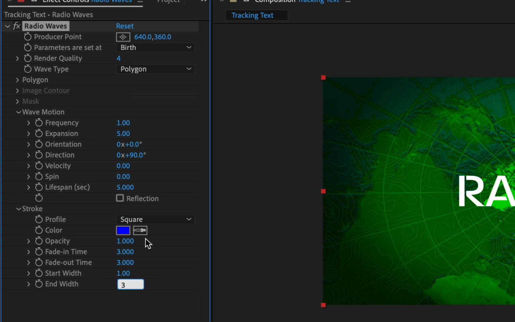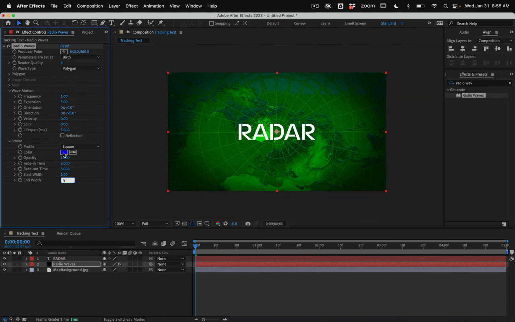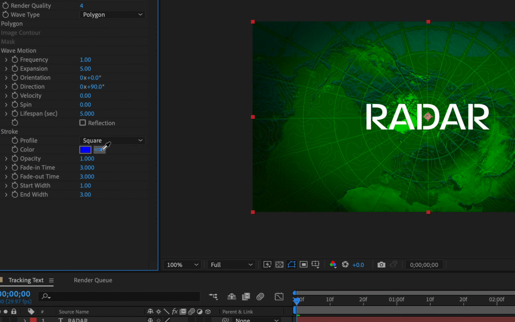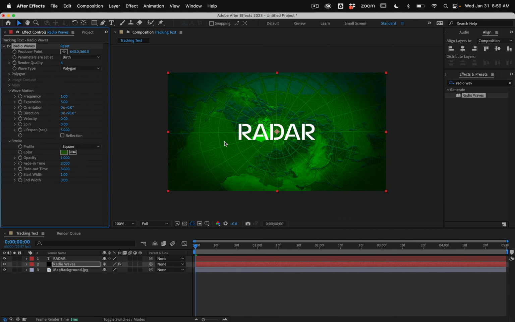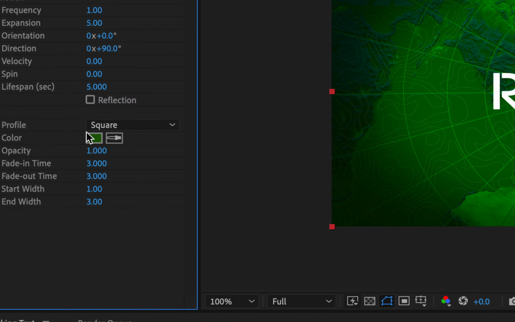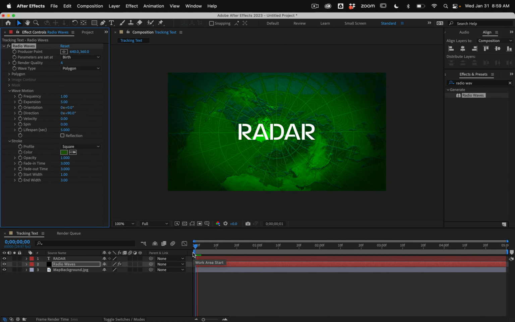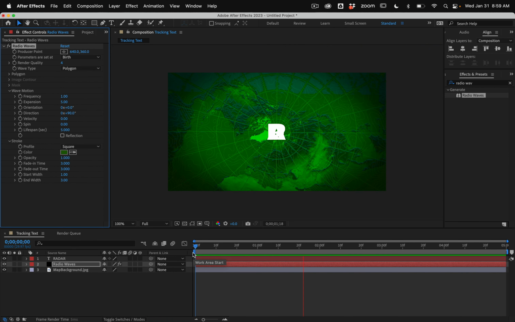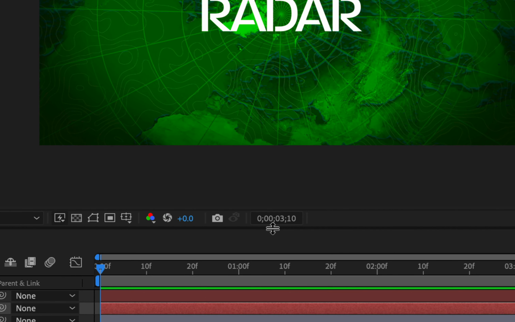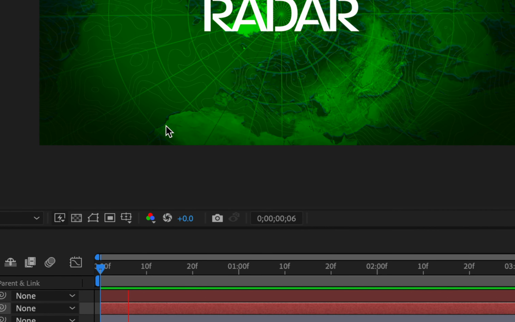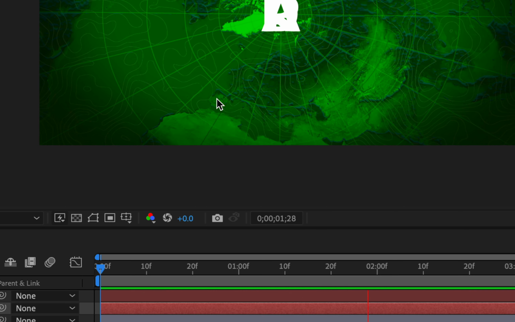We can then use the eyedropper to select the green tool. So clicking on the eyedropper next to the color, let's choose the color green from inside this to change the color from here. Now when we press play, this will add a simple little radar effect. It's very subtle. You may have to scroll in to be able to see it, but there they are radiating